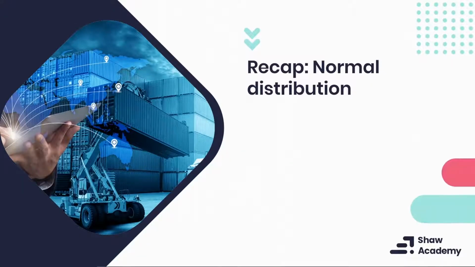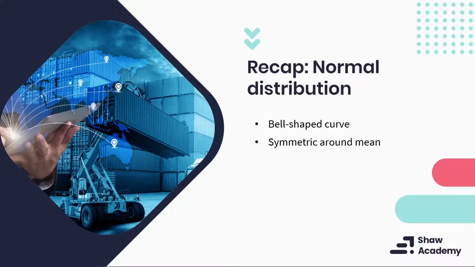Let's quickly refresh our memory of what we learned in our previous lesson. We learned that the normal distribution is the most commonly used distribution, represented by a bell-shaped curve. It is also referred to as the Gaussian distribution. The normal distribution is symmetric around the mean, meaning that 50% of the distribution falls to the left of the mean, and 50% falls to the right of the mean. The mean and median are equal to each other when the distribution is normal. The distribution is used to represent continuous data. Therefore, it can take on any value from negative to positive infinity.